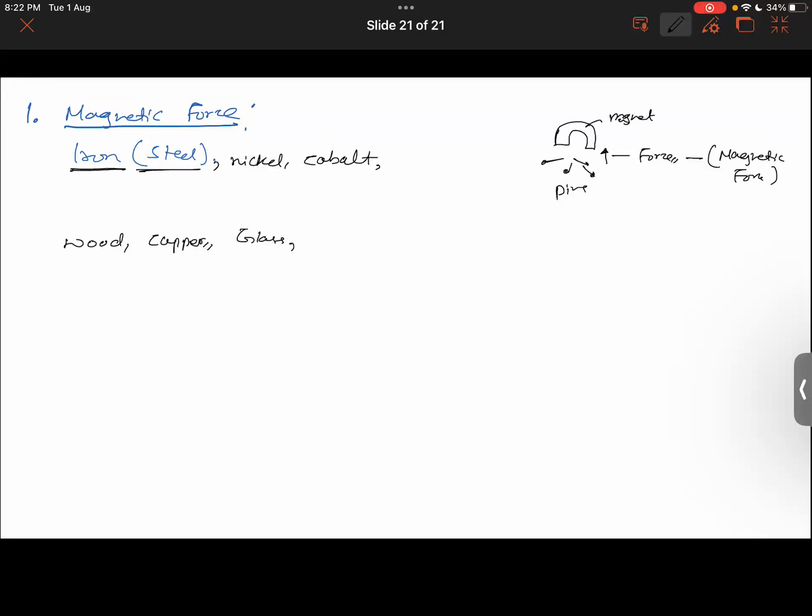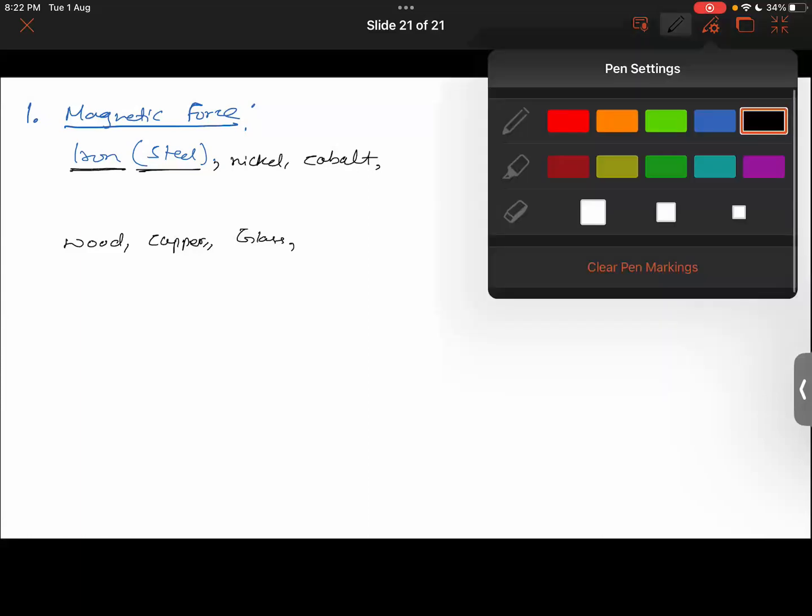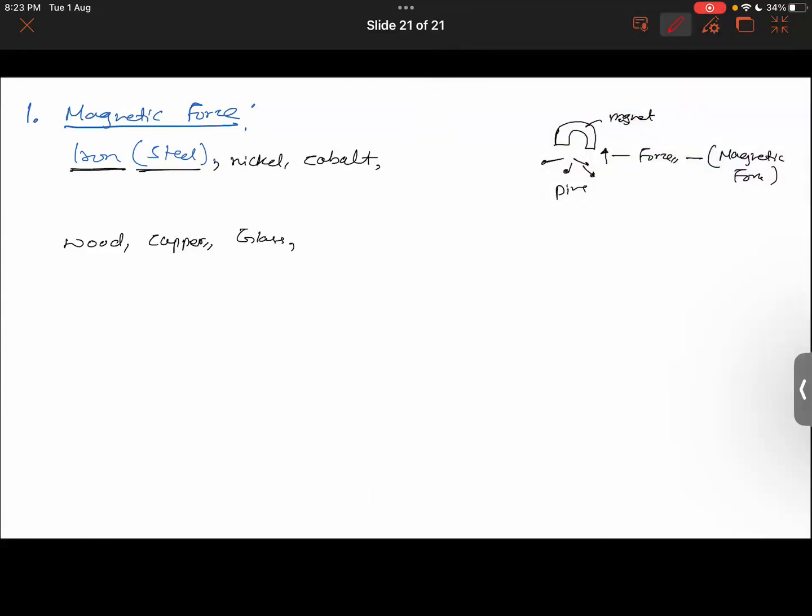The reason why we have put it under the category of a non-contact force is because it can act from a distance. Since a magnet can exert its magnetic force on iron objects,